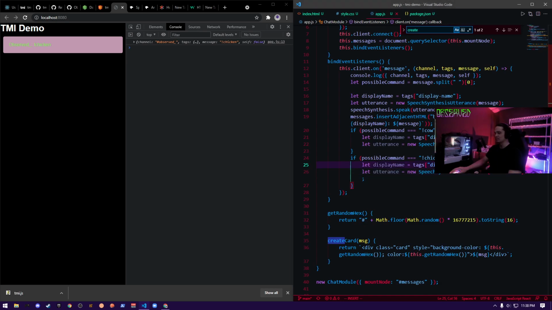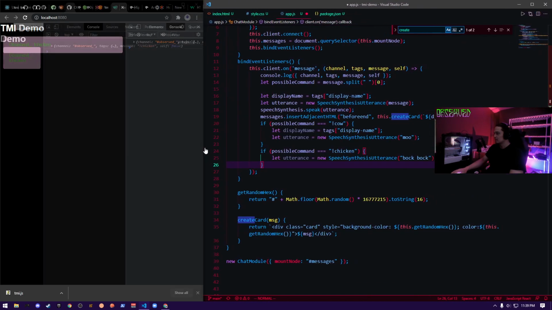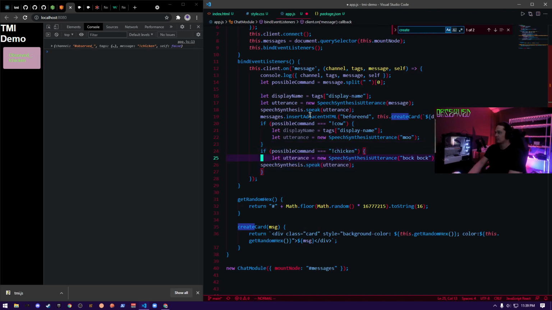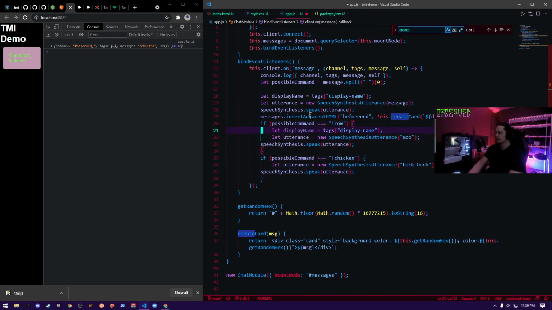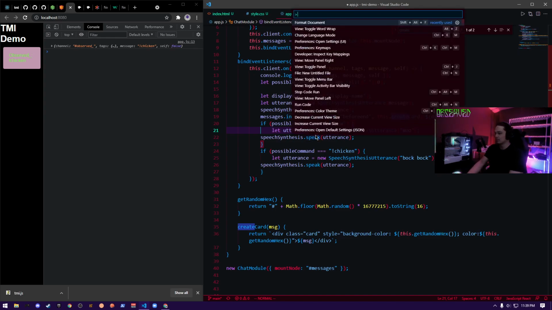Possible command. Name, we don't need this. I'm doing something wrong here. Oh god. Utterance equals that. Here. We have a new speech synthesis somewhere.